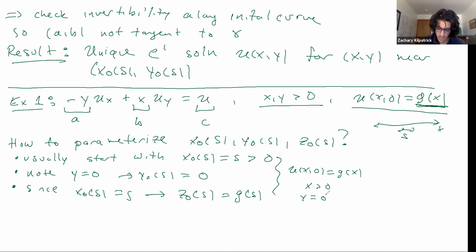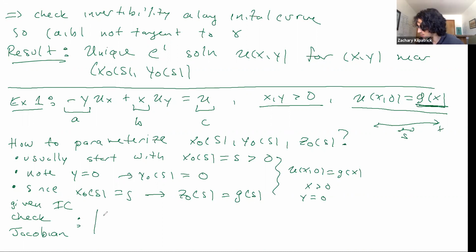So now the thing that we want to check before we move on is the Jacobian. Because we have our initial condition, we can check our Jacobian. So given the initial condition, let's check our Jacobian. How do we build our Jacobian? Well, remember it's x sub s, y sub s, x sub tau and y sub tau. And this, along the initial data,